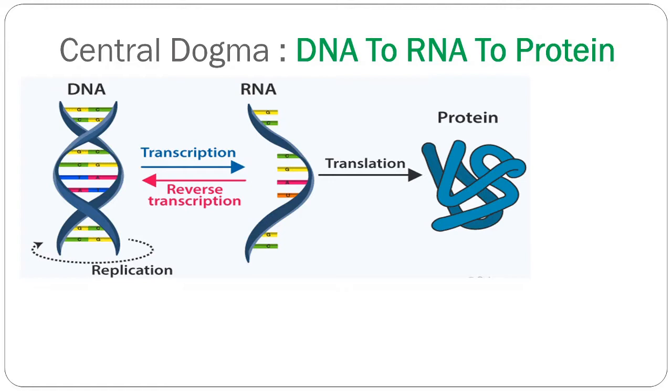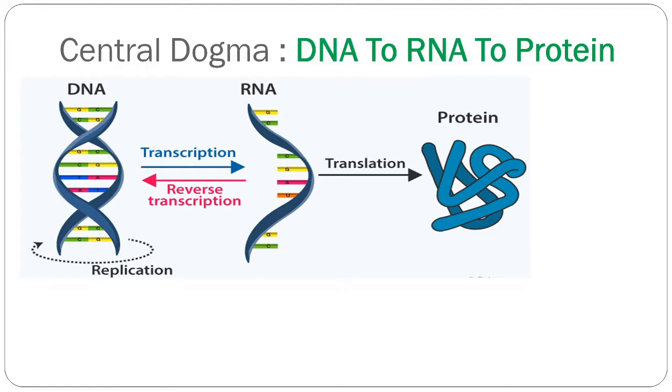Now first of all, what is meant by central dogma? You can see over here DNA to RNA and RNA to protein. The double-stranded DNA, that is deoxyribose nucleic acid, carries genes, and these genes are important to synthesize proteins. Proteins are the building blocks of the cell. The whole body requires proteins. For example, hair contains keratin protein, nails contain keratin protein, and various other proteins are present. And these proteins are made up of amino acids.